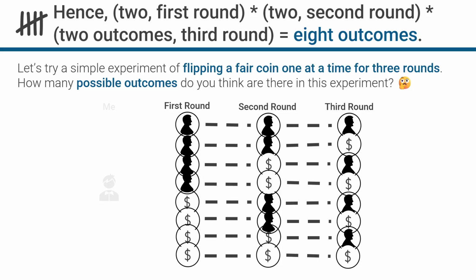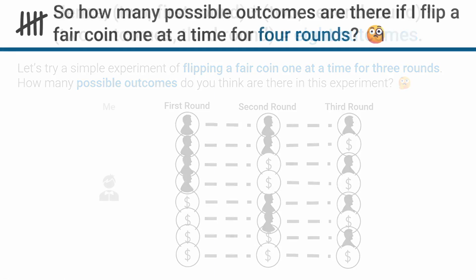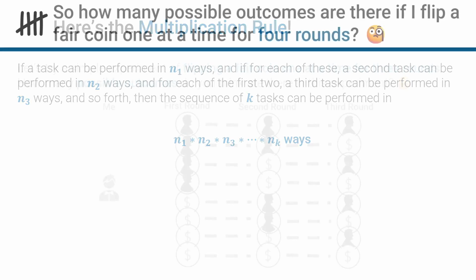How many possible outcomes are there? There are one, two, three, four, five, six, seven, eight. So as you raise the number of rounds, the number of possible outcomes also increases. And it increases in what way? Suppose that you have